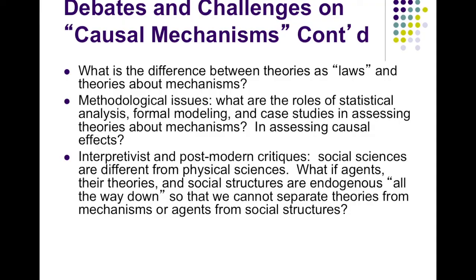Okay, we could also have some interpretivist and postmodernist critiques of this view. I'm just going to preview these here and come back to them in the next video. These are questions I touched on earlier. If we as scientists are also part of the social world that we're studying, we're also influencing the social world by the way that we study it. So there's some endogeneity between social scientists and what they study. There's also some reciprocal causation between agents, individuals, and structures, institutions, laws, rules, organizations, and so on.